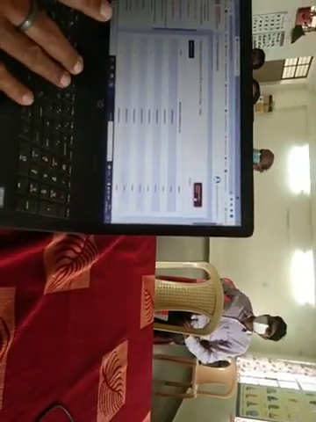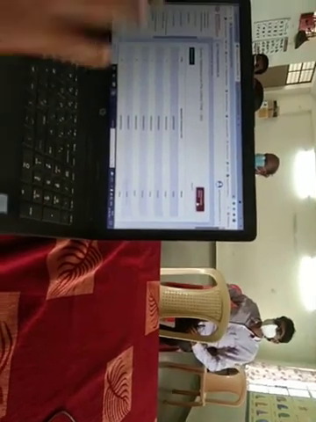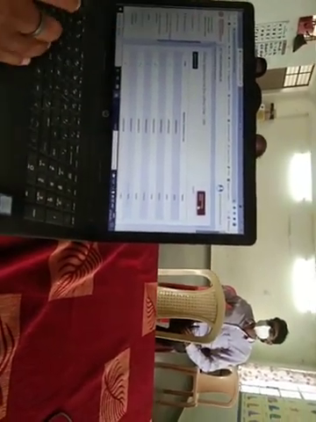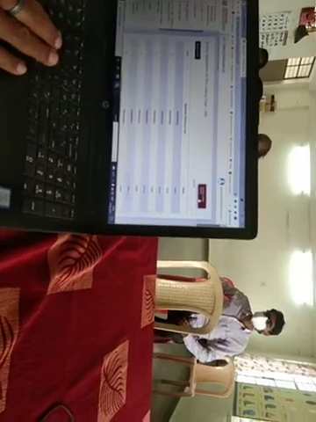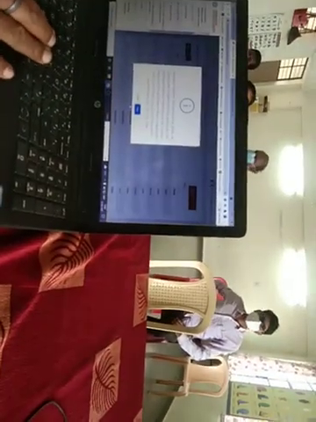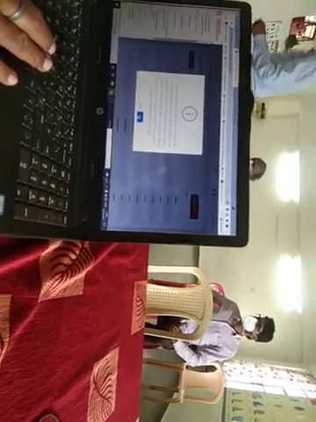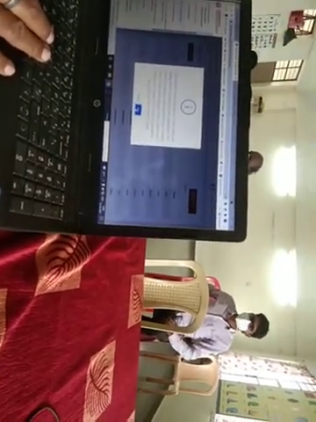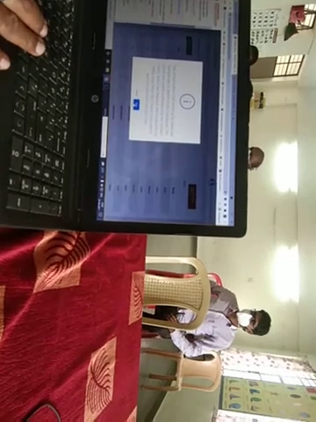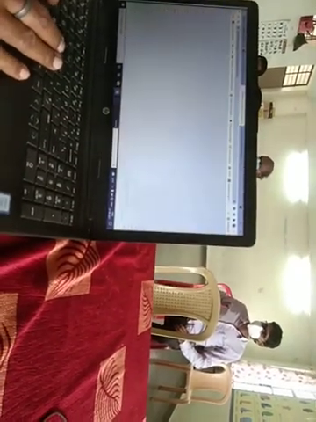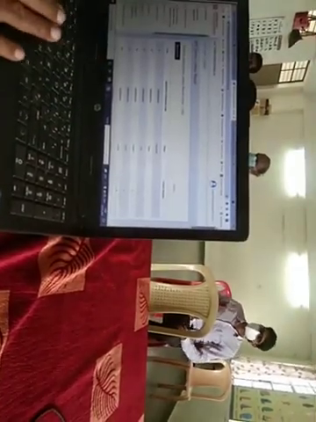We can see that there is a button, conduct lottery. I will press that button, then it will conduct the lottery and the list will be randomly reshuffled by the computer. Before conducting the lottery, I will give the permission that parents are viewing this procedure. Now the lottery has been done.